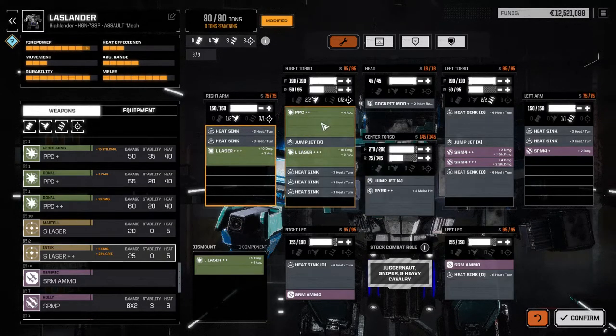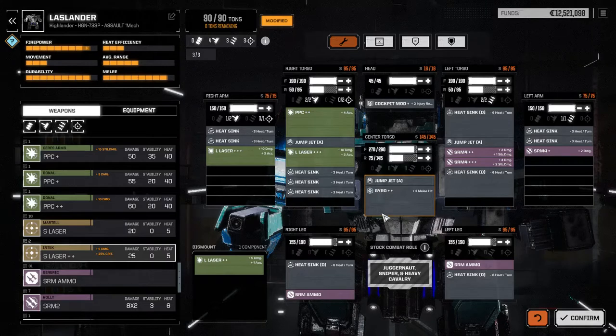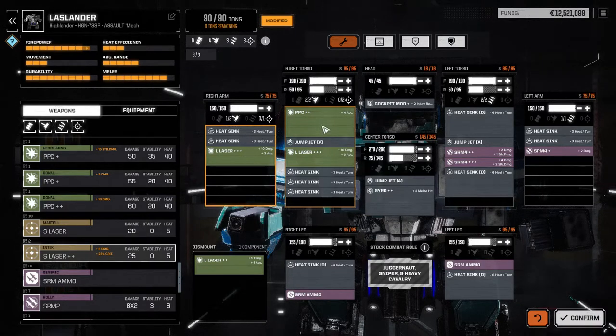Here, for 50 damage you gain 40 heat, and this also has a plus 10 damage upgrade, but for 40 damage you would have to pay 30 heat, which is slightly more heat efficient. Sure, you don't have the stability damage, which is a neat bonus, but we do a lot of stability damage anyway. And in addition,